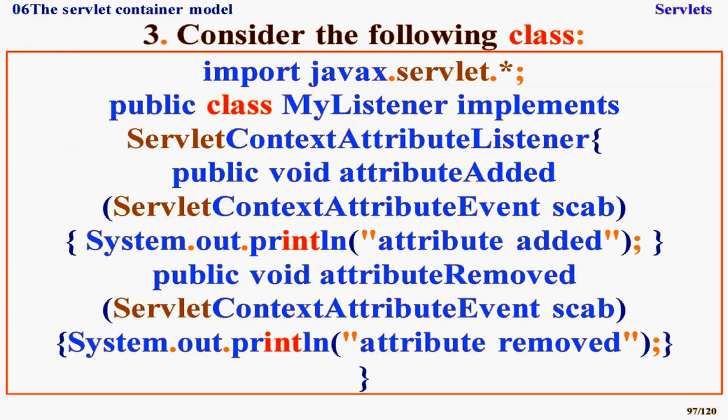import javax.servlet.*; public class MyListener implements ServletContextAttributeListener { public void attributeAdded(ServletContextAttributeEvent scae) { System.out.println("attribute added"); } public void attributeRemoved(ServletContextAttributeEvent scae) { System.out.println("attribute removed"); }